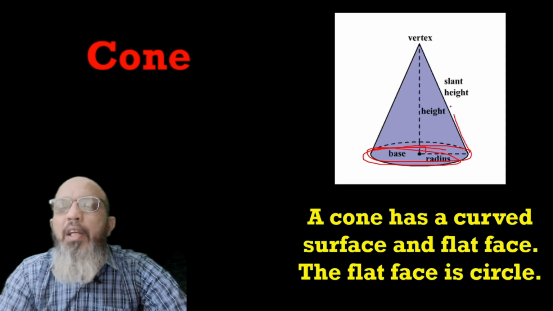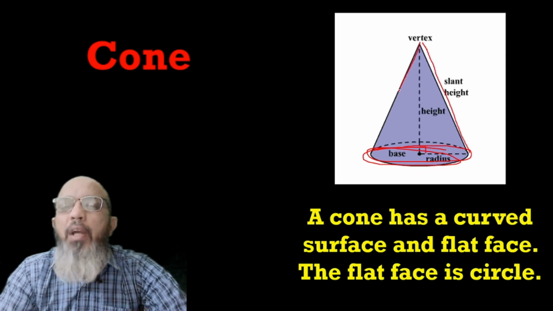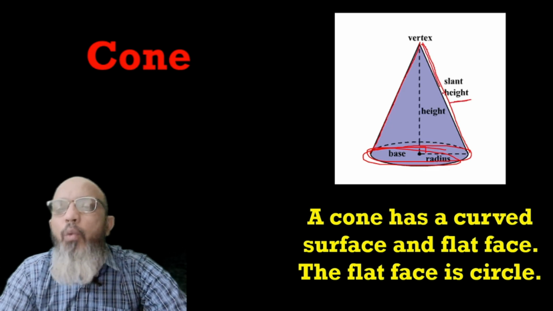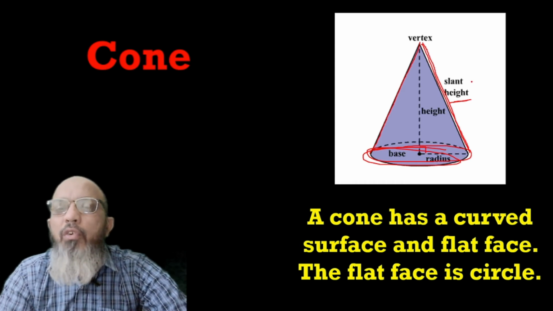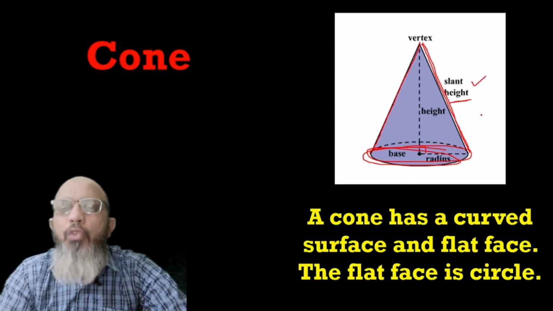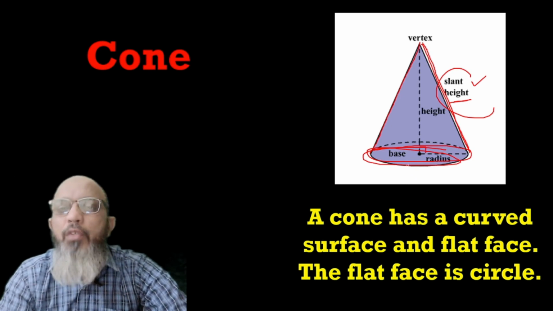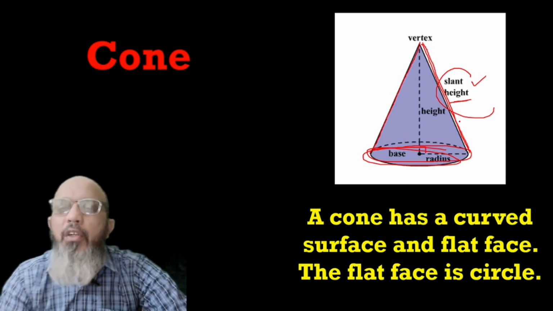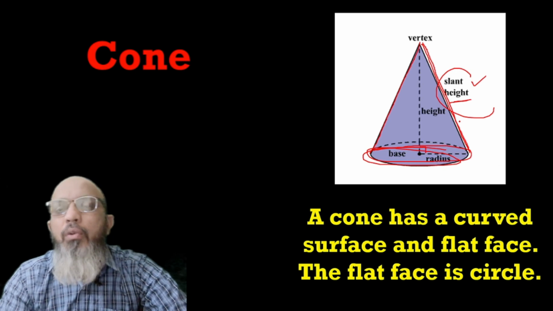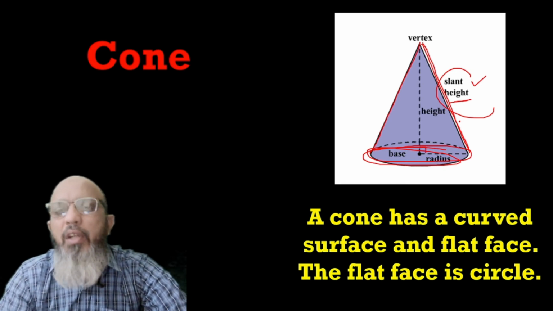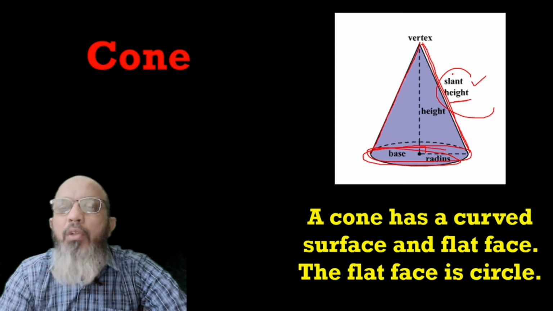And the slant height meets at one point, at one edge, right? That is called slant height because it's not a vertical height, it's making some angle with the baseline, so we call it slant height. But you don't need to worry about this vocabulary, right? You will consider only the shape. You will study such things in your further classes, when you go to class 7 or 8 or higher, right? So no need to think about this terminology, only look at the shape.